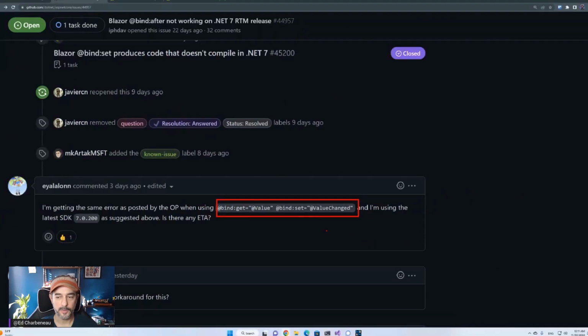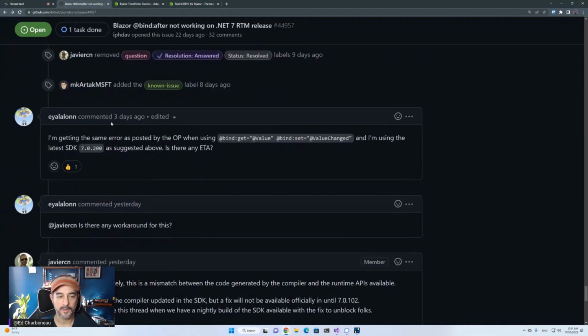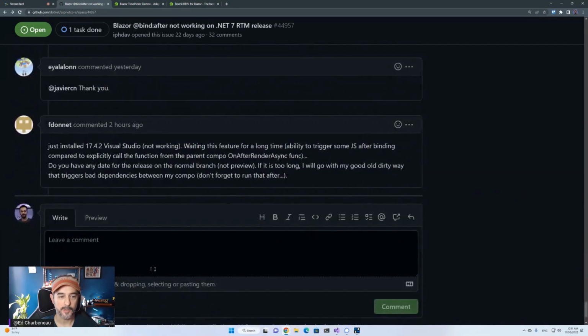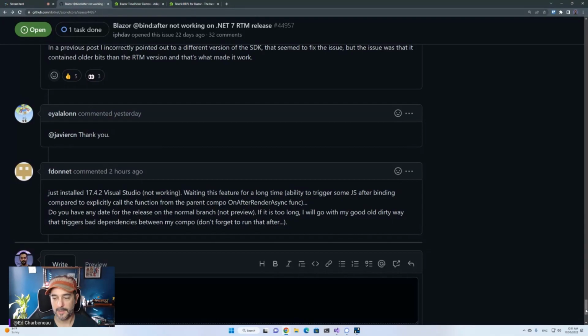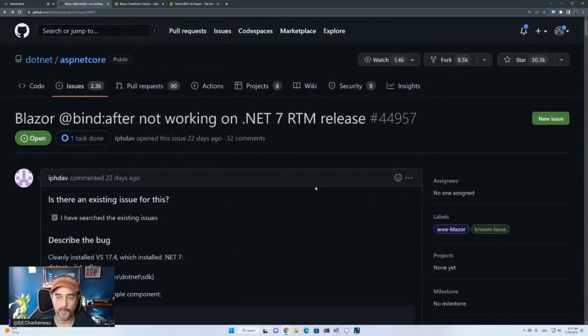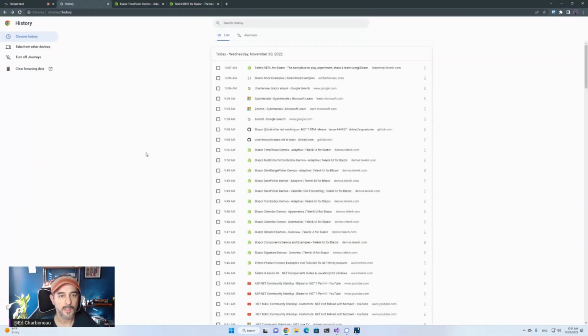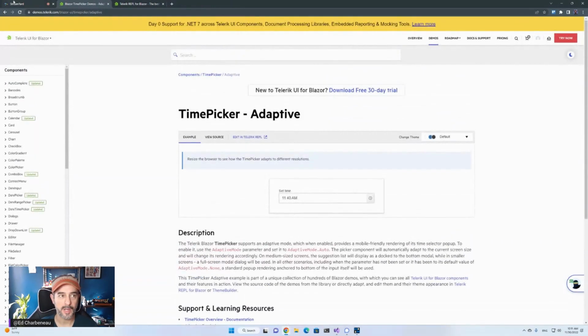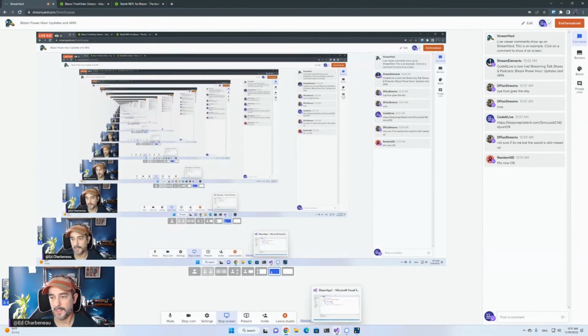These are also apparently broken. And this is updated 3 days ago by this user. Some comments in from yesterday. So it looks like this is a fairly well-known thing with the .NET folks. So if you're considering using those binding features that bind before